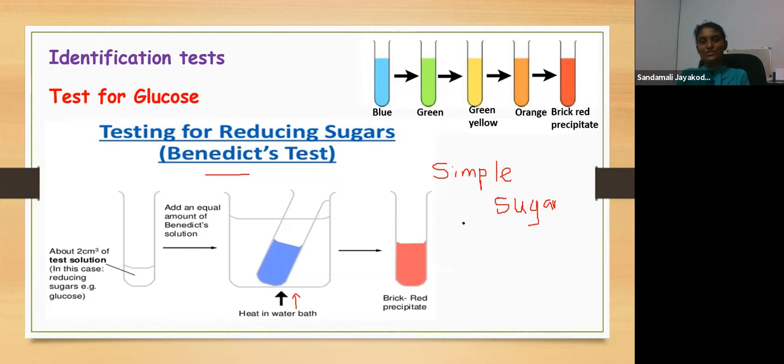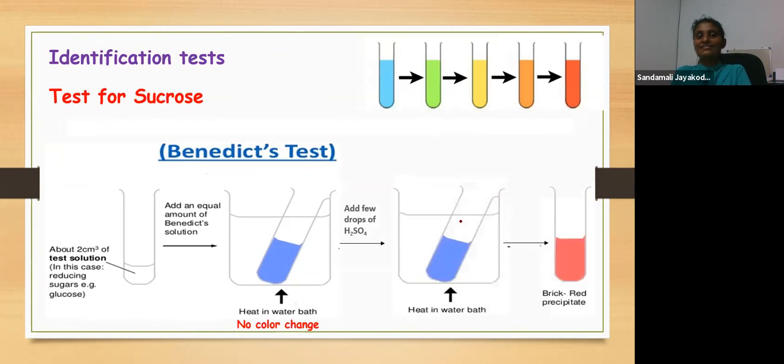Now we are moving to our disaccharide section. They are made up of two monosaccharide molecules. These are monosaccharides. Then these are disaccharides. So sucrose, as I mentioned earlier, is table sugar. We can dissolve some table sugar